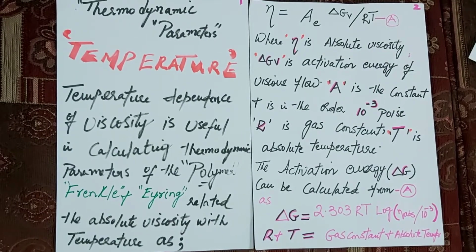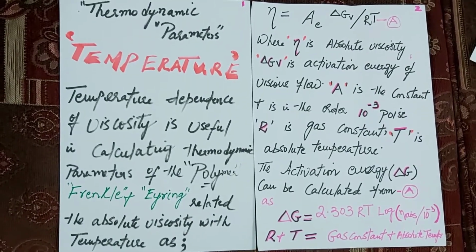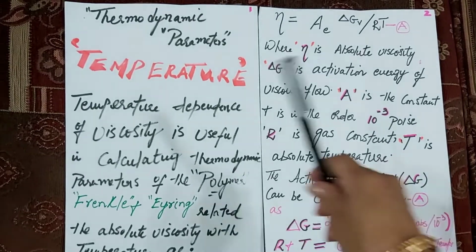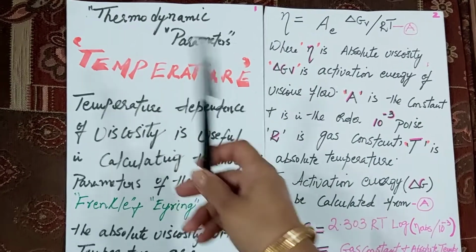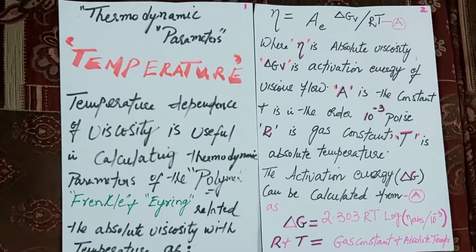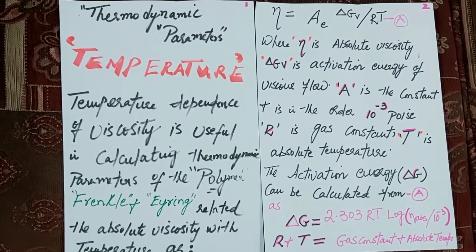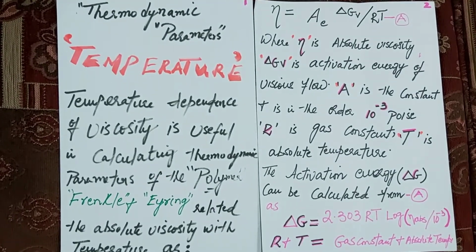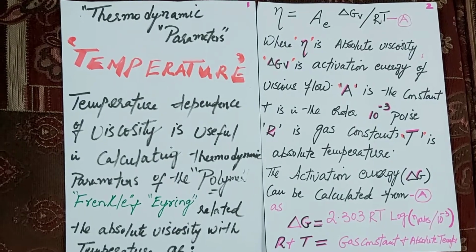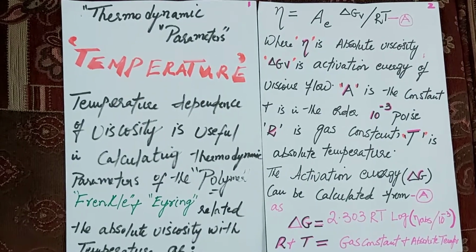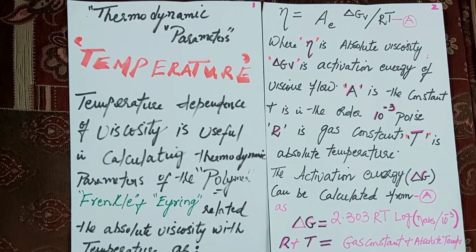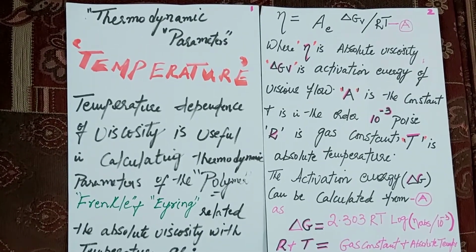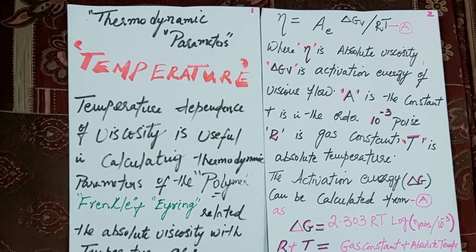Now, what do you mean by thermodynamic parameters? Therm means that it has something to do with temperature, right? So the thermodynamic parameters include delta GV, delta HV, and delta SV. These parameters are essential for providing evidence about the arrangement and orientation of polymer molecules in dilute